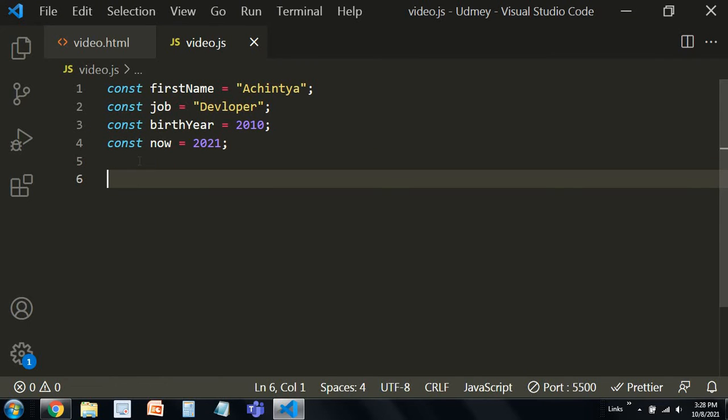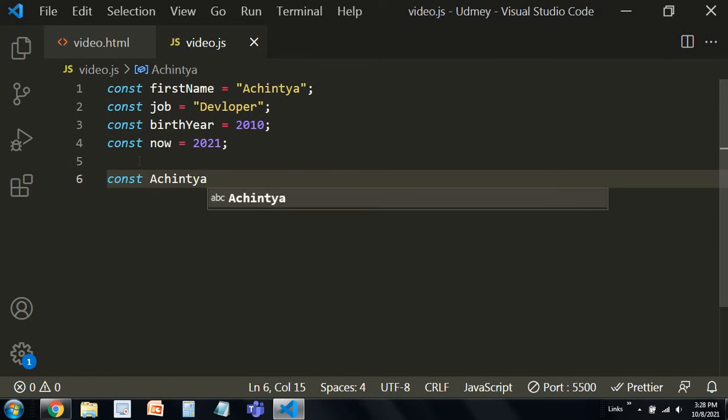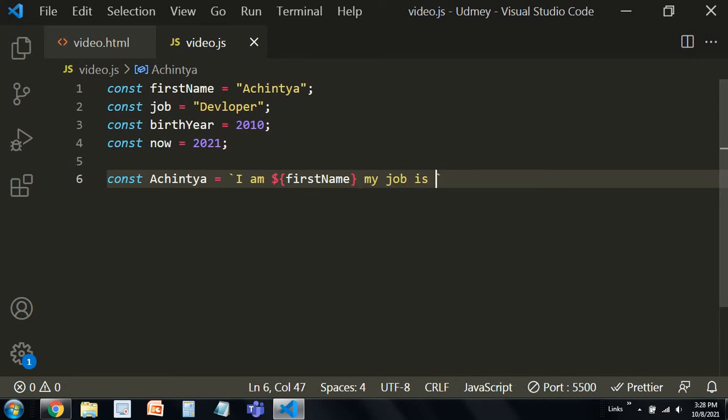Now I'm going to make a variable that gives the sentence. Then we're going to log that sentence to the console. So I'm going to make it like: I am, then first name, then my job is, then I'm going to give job.